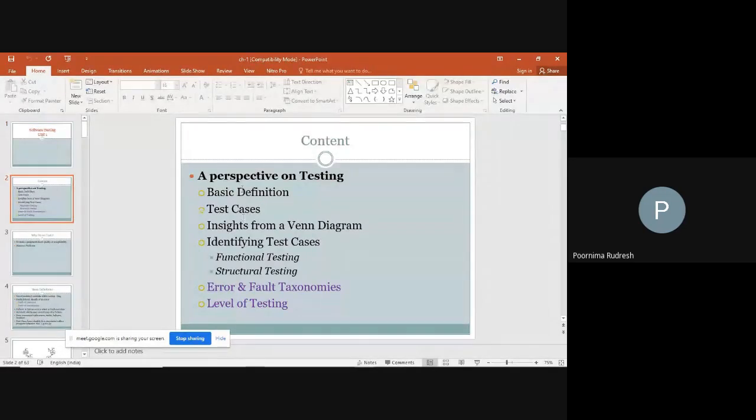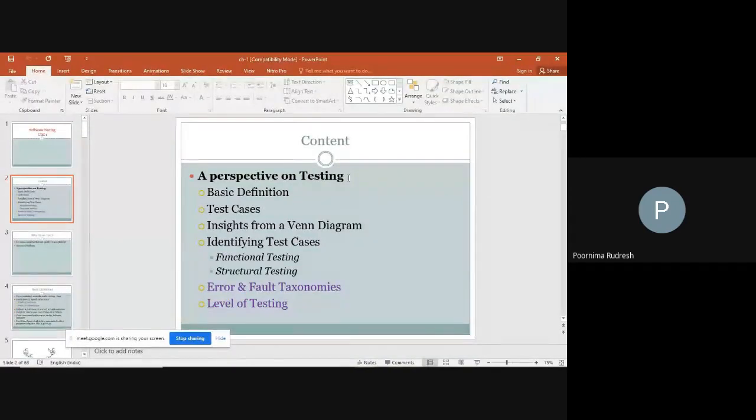So this is the title of the first chapter, that is a perspective on testing. In this chapter you are going to study about the basic definition of testing. What is testing, why do we require testing, that you are going to study first. Next you are going to study about the test cases. What are the test cases, what are different test cases, and why do we require the test cases, that you